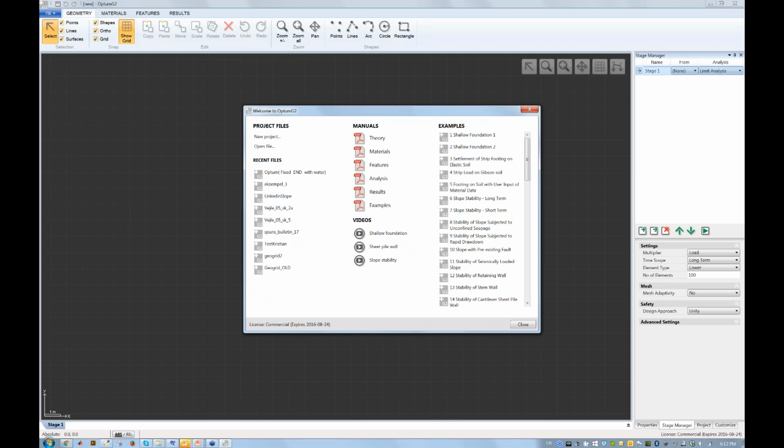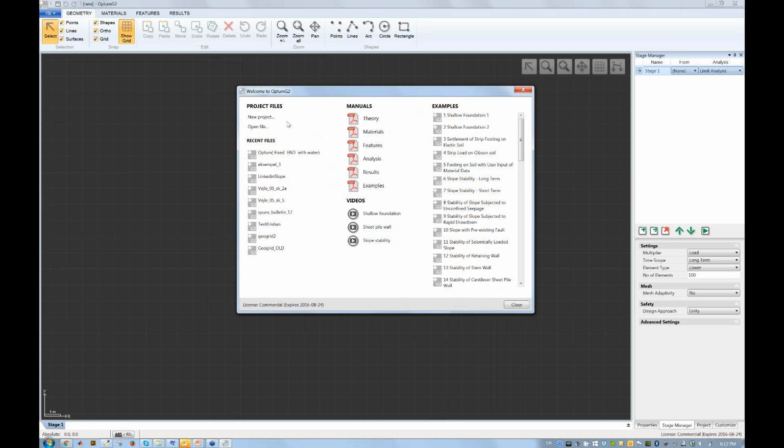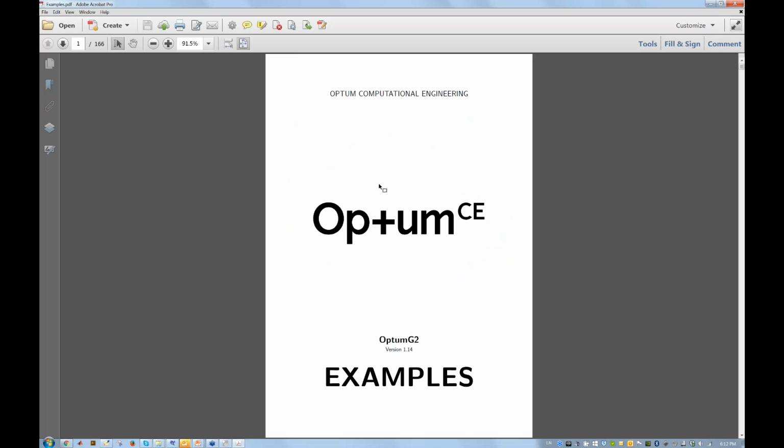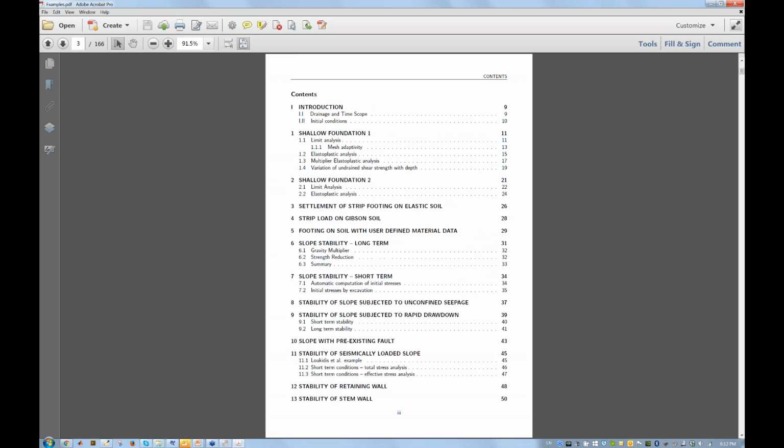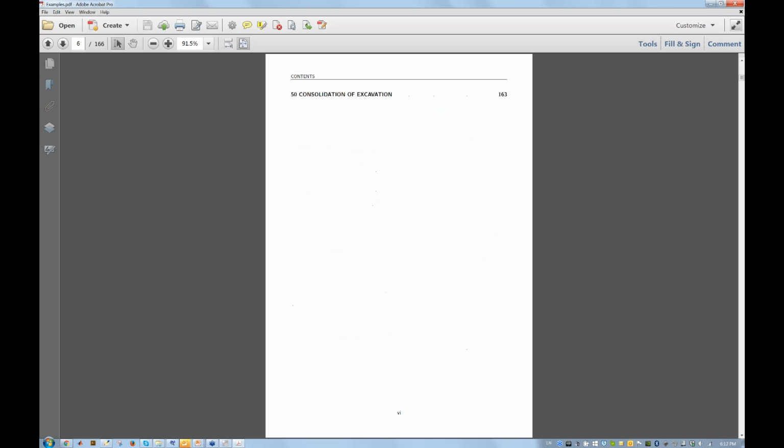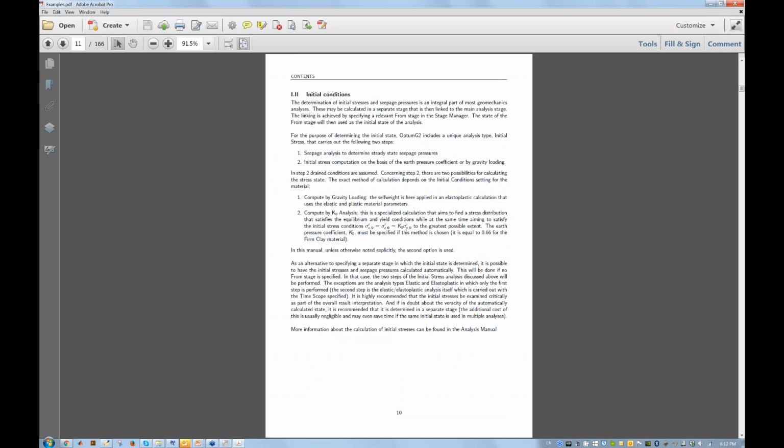and set up this problem. So when you start the program, I should say, to start with, you're greeted by this welcome window where some of my recent projects are over here. All the manuals in PDF format that come with the program, I can open those from here. There's the examples manual, which contains quite a comprehensive list of examples, 50 in all, covering all kinds of problems